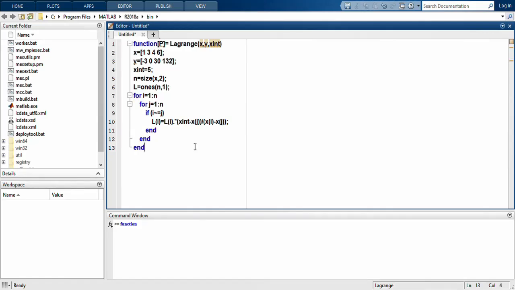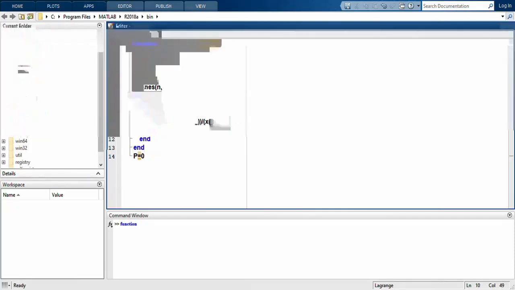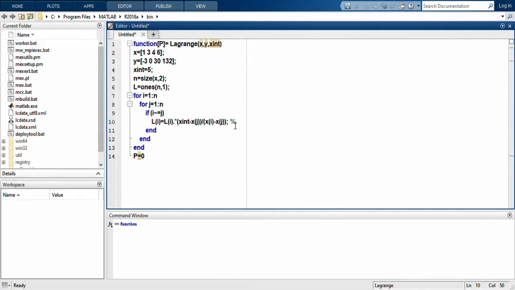Okay, now let us initialize p equal to 0. This multiplication is for the product summation. For the product summation you can use this technique, and that is why we have initialized it as ones. And for the addition summation, you can initialize p equal to 0, and you can use the theorem. You can use the theorem as p is equal to